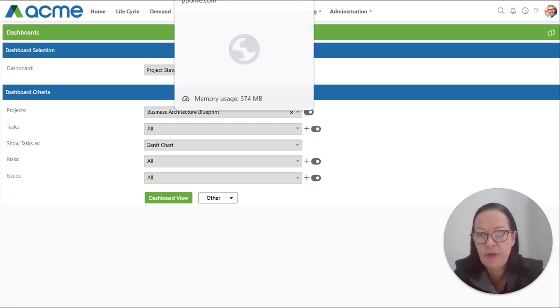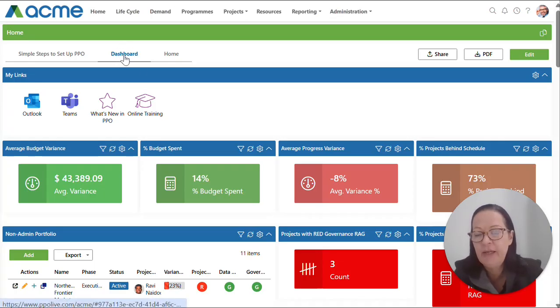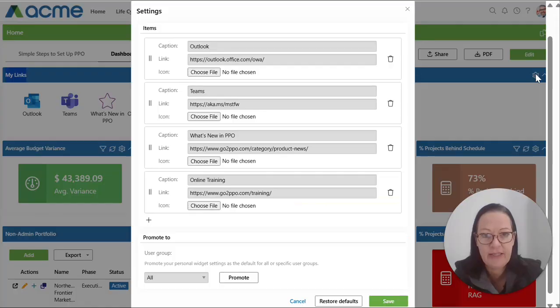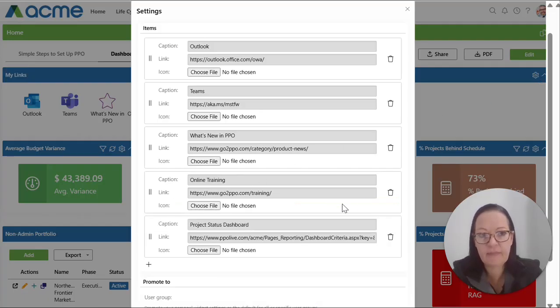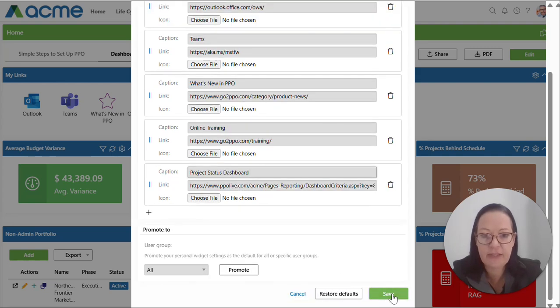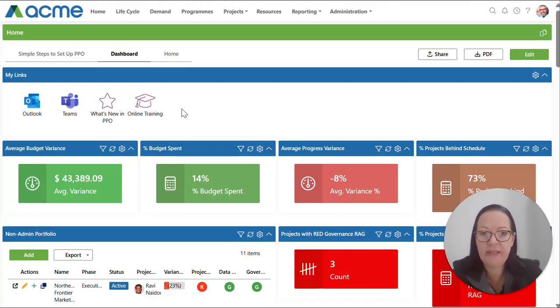If I then go to my home page, here I'm on my dashboard tab. I have a My Links widget over here. I can simply just click on the settings gear icon and add a new link over here. I simply provide a caption and then paste the link of the dashboard or report itself, and then just click on save. That then adds a link on my home page to easily